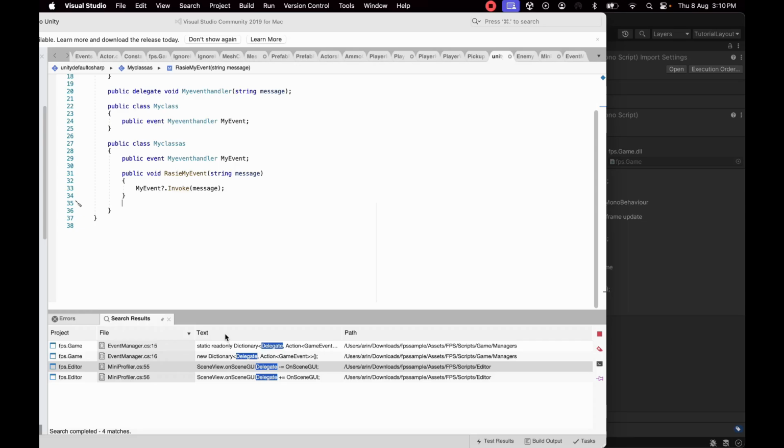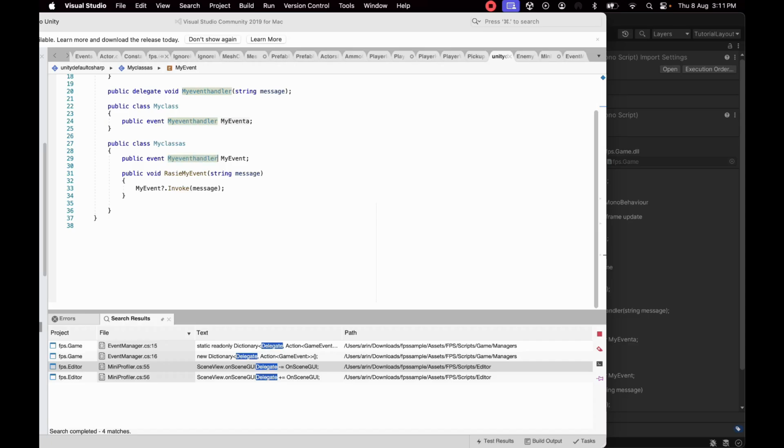If I don't use it, it will give me errors. So always use a consistent naming convention, right? And use a naming convention for the event handler as well. MyEventHandler is the event handler, so use the